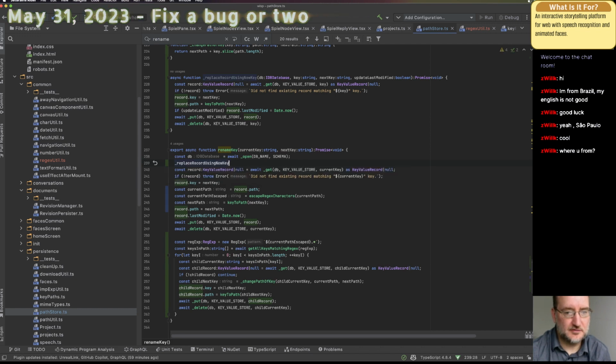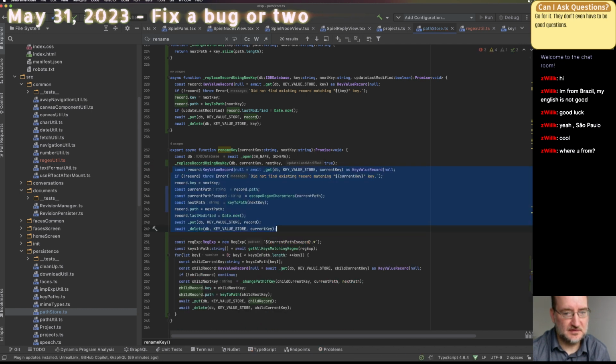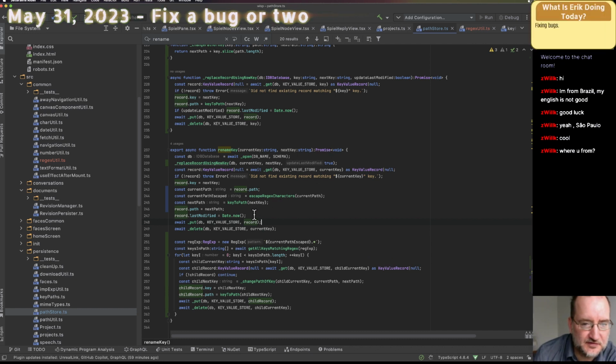Okay, so since I've got that, I can do replace record using new key, db, current key, next key, true. Good. Down here, I can just delete this. All this I can just get rid of. Ooh, except there's a little side effect of this.